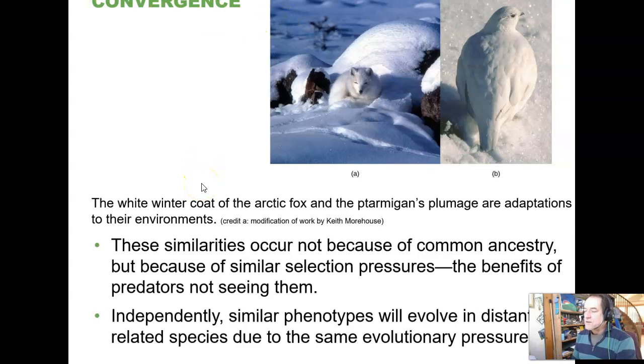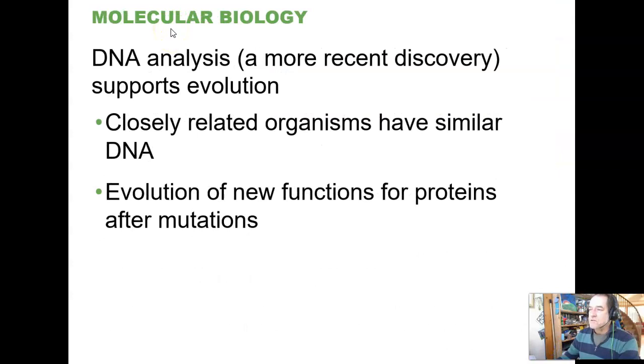And oftentimes you can have the same mutations in a gene leading to the same phenotypic change, or there are other possibilities. We can change just this amino acid over here in the sequence, and it still alters the protein so that we get the same phenotypic change. Lack of pigment, pale hair, so there's lots of convergence in genetics that we can see and identify as we get better and better at working with genetic material, with molecular material. We can work with DNA, we can work with RNA, we can work with proteins. All of that is available for analysis and consideration in assessing what's happening evolutionarily between organisms.